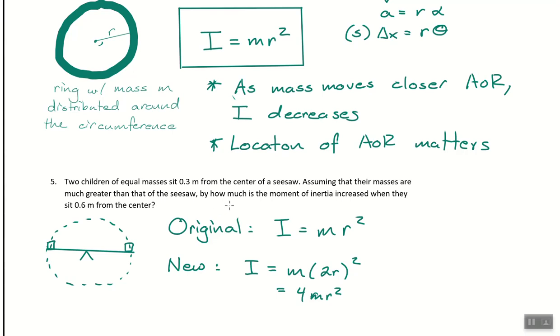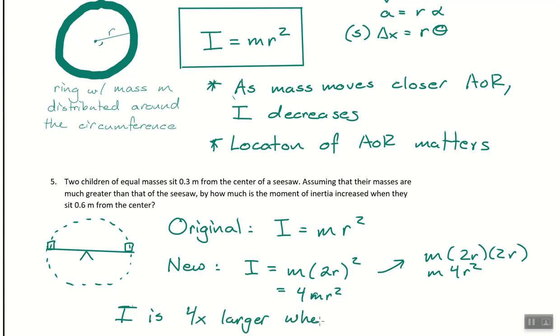So if I ask how much the moment of inertia increases when we double the radius, which is the essential question, how much did it change? Do you agree? 2r times 2r. And what does this give me? This looks terrible. It's right, but I hate it. I just move it out front. Cool. I is how many times bigger? 4 times bigger at this point, right? 4 times larger